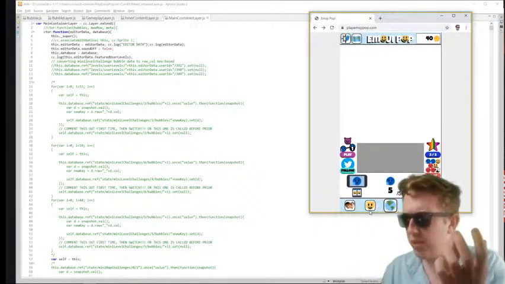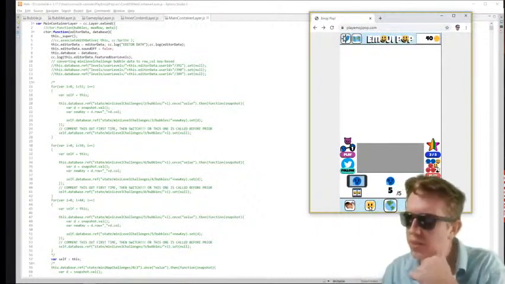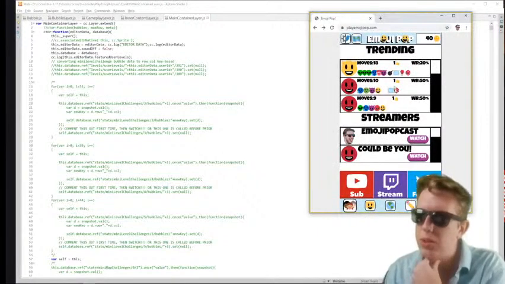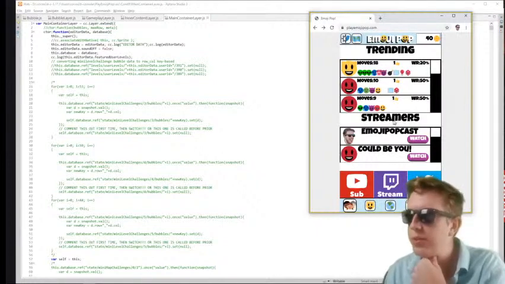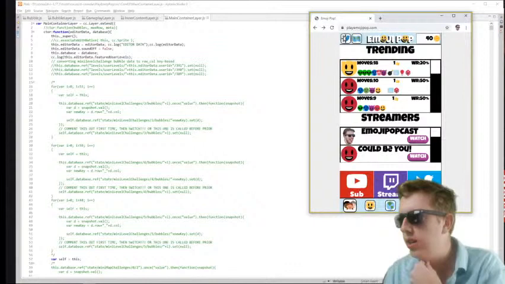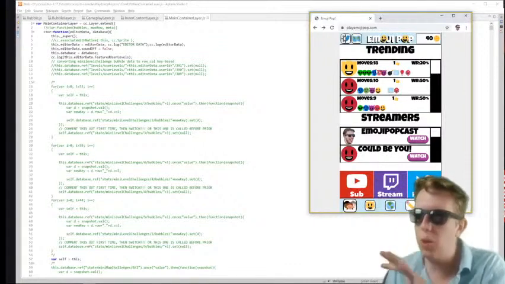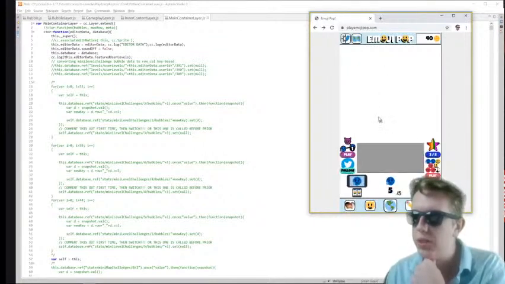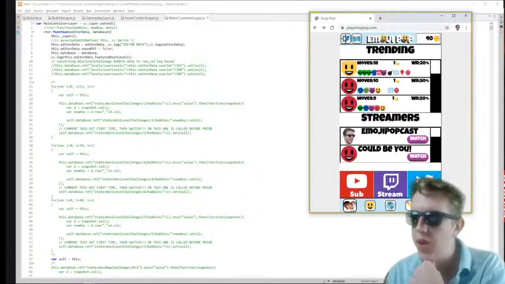Because the UI at the bottom doesn't really make sense. Another thing I have is the community tab, which is where I show trending levels and streamers that are maybe live streaming the game. So I would love to feature this on the home screen. You don't have to open a tab to get to here. It'd be cool to just feature these boxes as much as I can, at least in the home screen itself. I think that'd be cool.